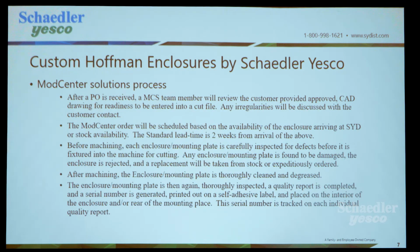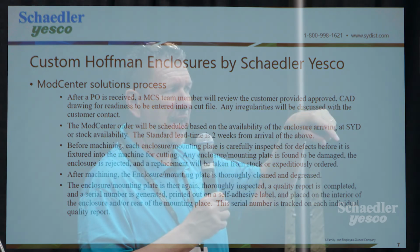And if we do find an anomaly, we'll pull another one for stock, or we'll expedite getting one as quick as we can. Before machining, again, we carefully inspect it, then we'll fixture it on the machine and we'll cut it. After machining, we'll thoroughly clean and degrease it, because if you look, and in fact, I invite you to stop at our booth. We have a video that plays that shows our Mod Center in action, and what you'll